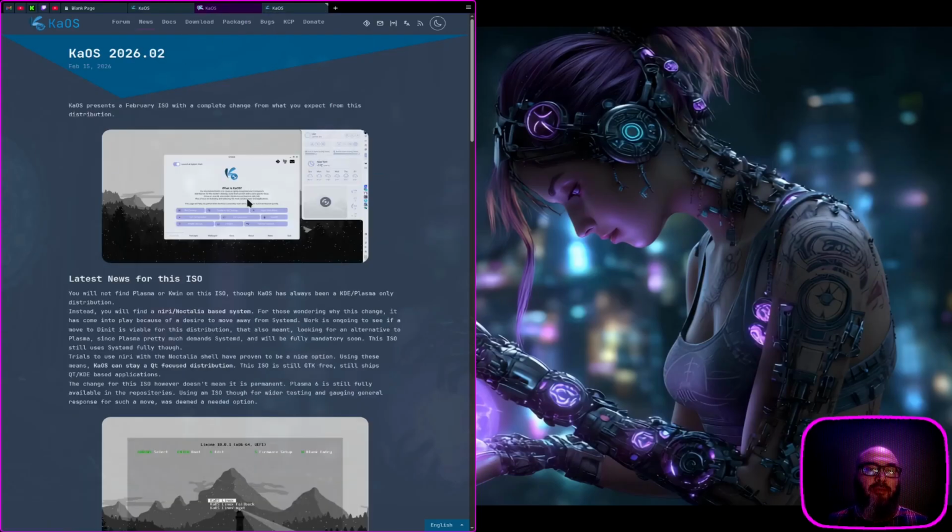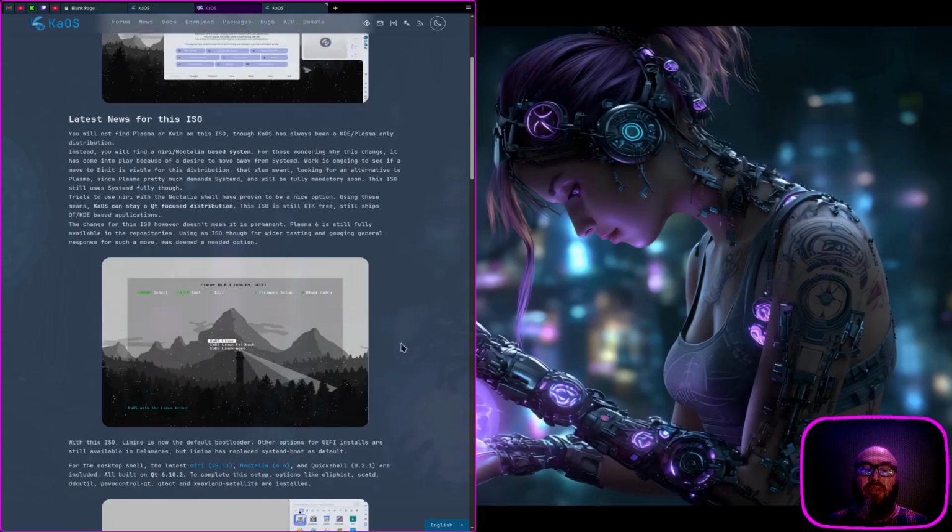So yeah, KaOS presents a February ISO with a complete change from what you expect from this distribution. You will not find Plasma or KWin on this ISO, though KaOS has always been a KDE Plasma only distribution. Instead, you will find a Niri Noctalia based system. For those wondering why this change, it has come into play because of a desire to move away from systemd. And it continues